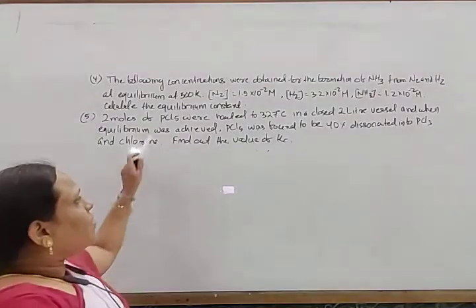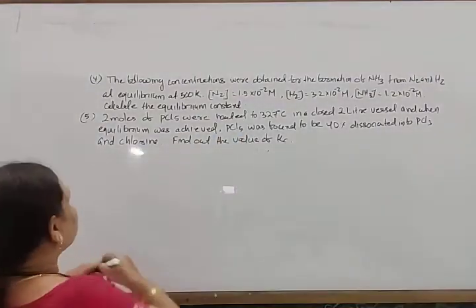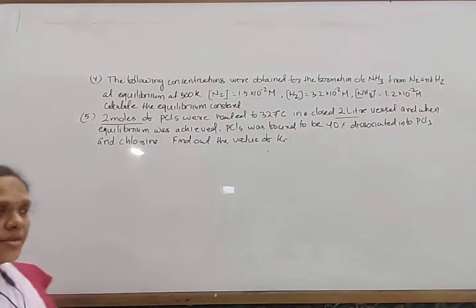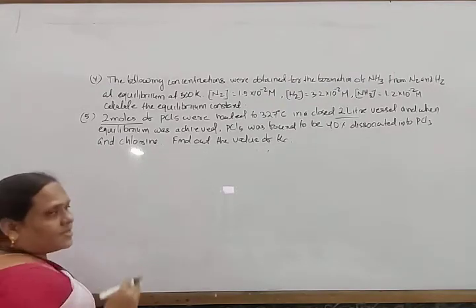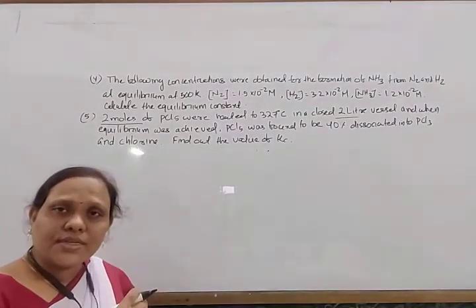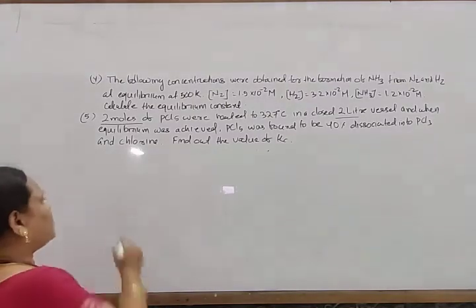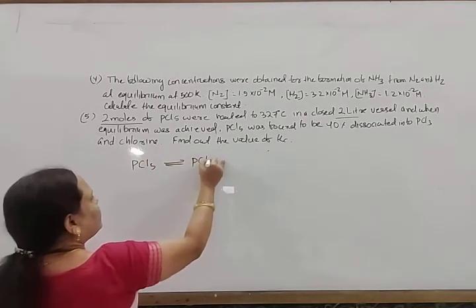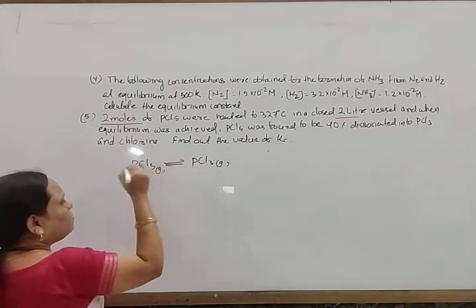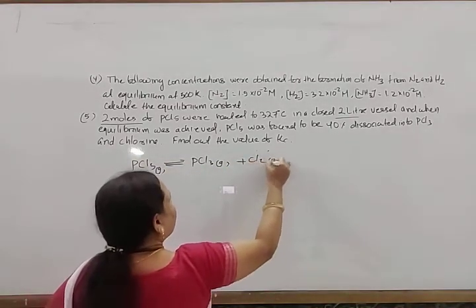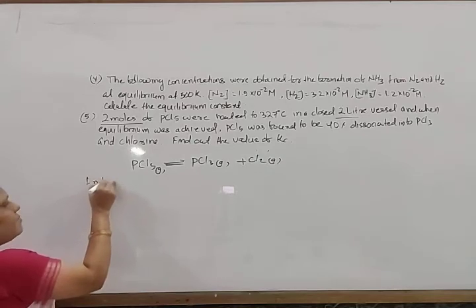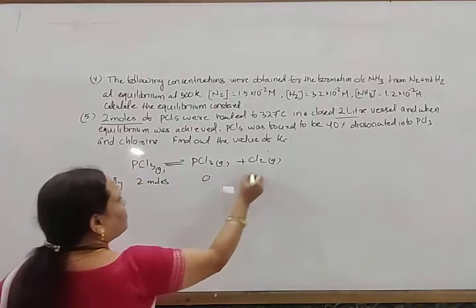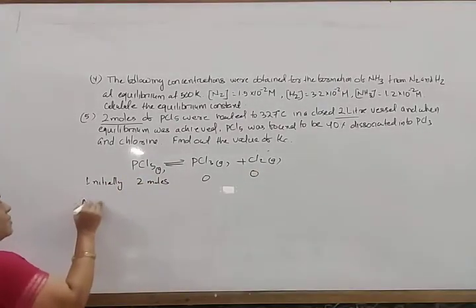But here the values at equilibrium are not given, only the initial condition: how many moles there are and the volume of the container. How to solve this type of question? First you have to find out the concentrations at the equilibrium position. PCl5 gives rise to PCl3 plus Cl2, all in gaseous form. Initially 2 moles are taken and the products are 0. And at equilibrium,